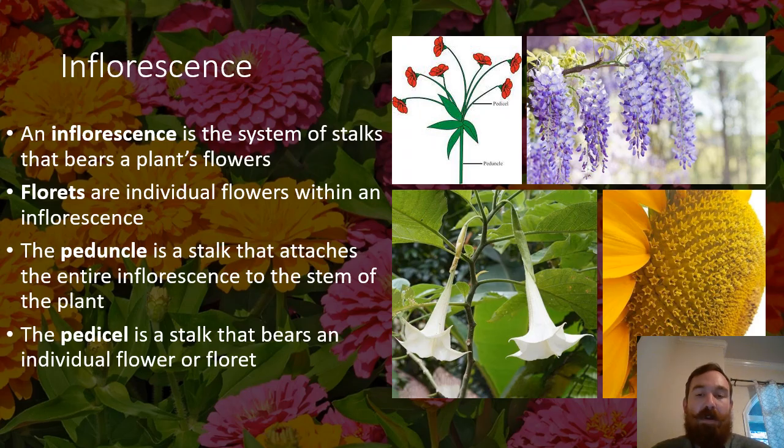So that one flower is the entire inflorescence. When we look at this wisteria, we might say that this stalk, which goes down the middle of the inflorescence, is the peduncle, but the tiny little stalk that goes to each individual floret is a pedicel. We'll look at more examples of peduncles and pedicels as we continue learning about